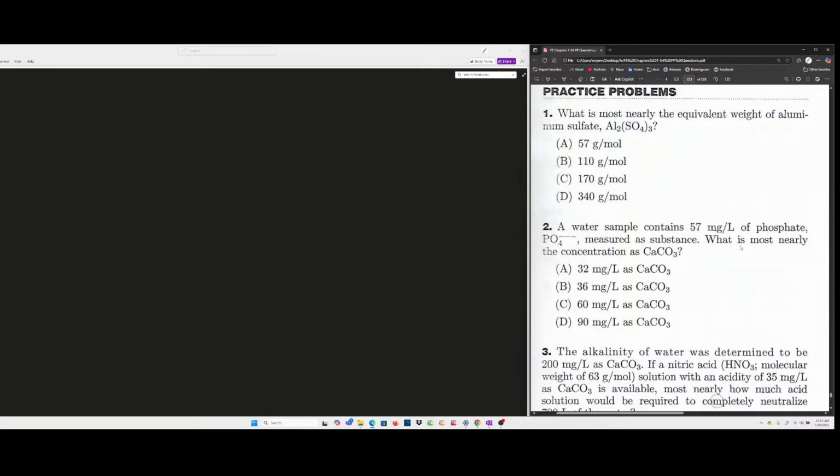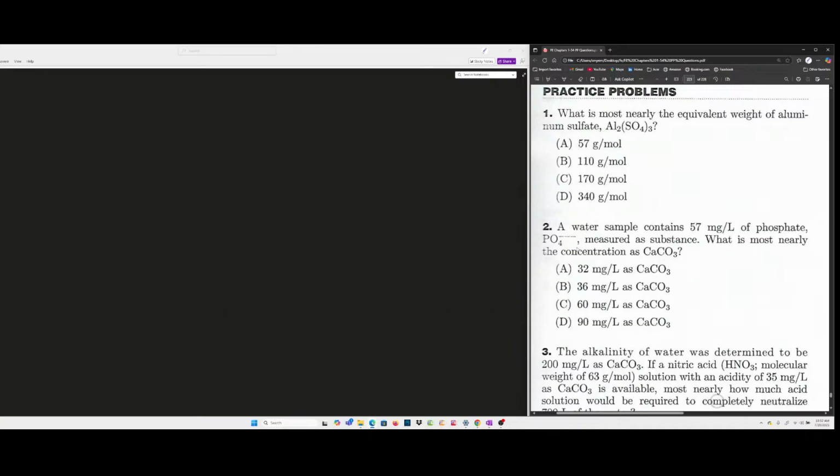So they said, what is the most nearly concentration of CaCO3? So we're trying to look for the concentration of CaCO3. We have the water sample that contains 57 milligrams per liter of phosphate. We're looking for the most nearly concentration of CaCO3. So what we're going to do first is find the equivalent weight of the